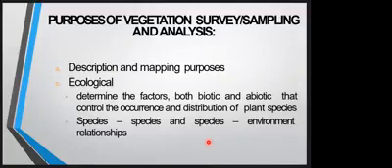Aside from that is ecological, which determines the factors, both biotic and abiotic, that control the occurrence and distribution of plant species. I've already given an example on that purpose: the factors for why they are present in the area are, of course, abiotic factors. Maybe the nutrients of the soil are not preferable for the particular species, or maybe the presence of the animal species in that area makes it